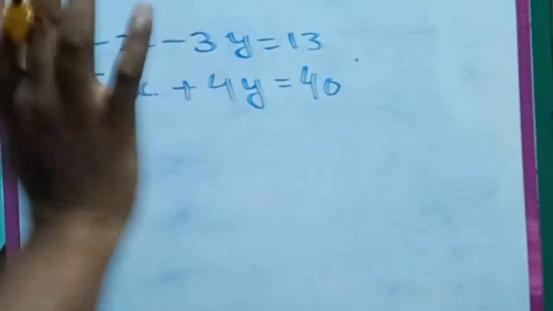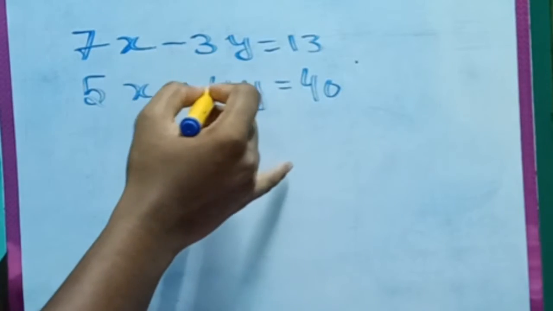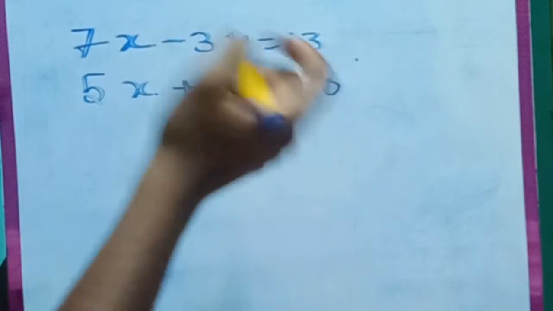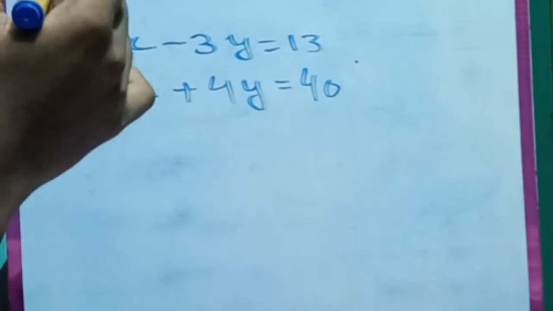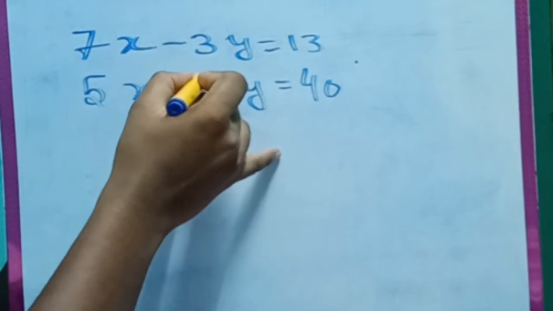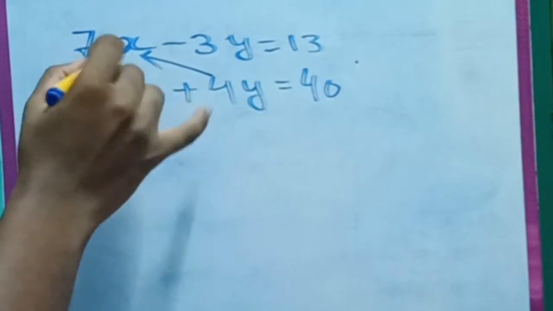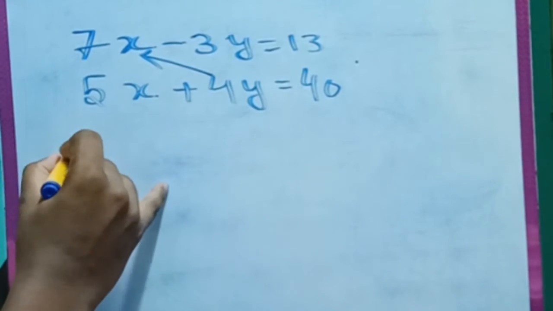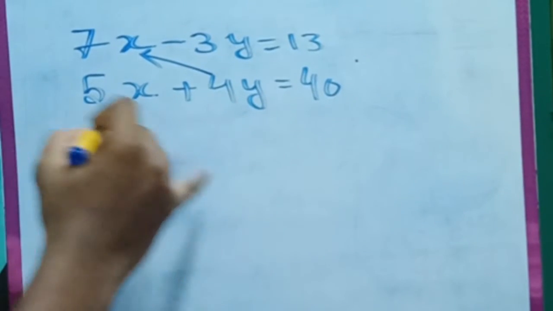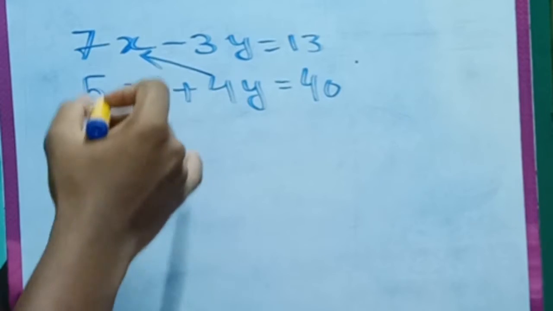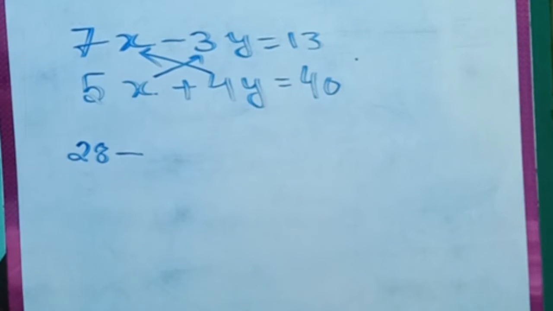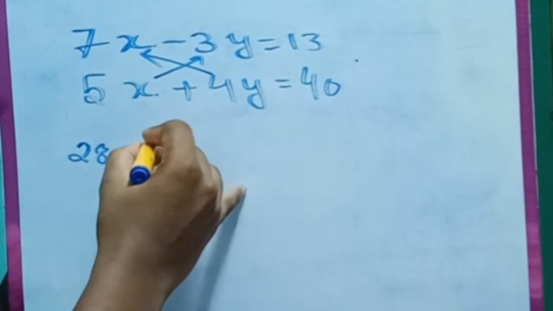So here what you have to do is cross multiplication, guys, right? Following the pattern is very important. Where I'm starting and where I'm ending, that is the important thing. You cannot randomly go from anywhere, just follow the pattern. So first you take 4 into 7, cross multiply it. Forget about the variables, guys, I'm just taking the coefficients. So 4 into 7 is 28, minus, subtraction, minus 5 into minus 3. Consider this sign also, the sign is very important. It also plays a very important role in solving this equation. So minus 5 into minus 3 is minus 15.